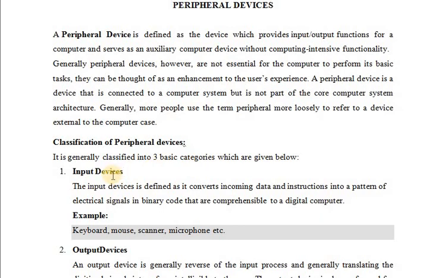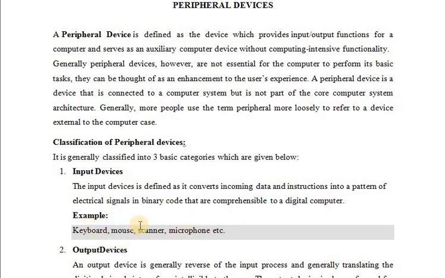First is input device. The input device is defined as one that converts incoming data and instructions into the pattern of electrical signals in binary code that are comprehensible to a digital computer. So keyboard, mouse, scanner, microphone, etc. are examples of input devices.